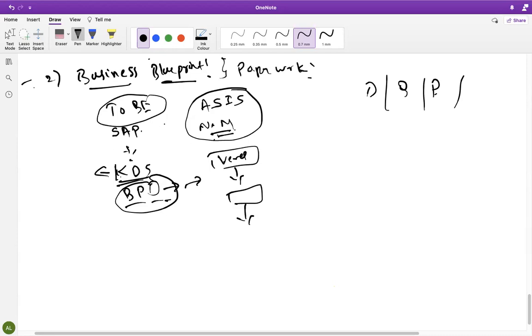All the configuration we need to do in the future, in the third phase. Initially we note it all down: when creating a purchase order, what document types we need to use, how the enterprise structure will look, how many plants these people have, what codes we need to give. As I told, Nandini Group of Industries has 3 different businesses: Nandini Milk, Nandini Agri, Nandini Bakery. So how will we define it in SAP?